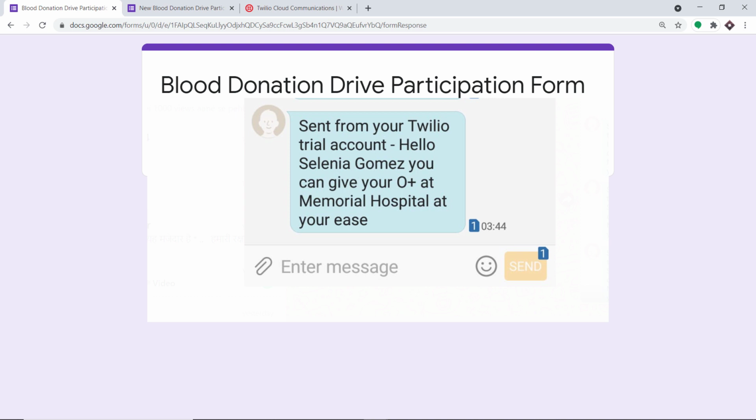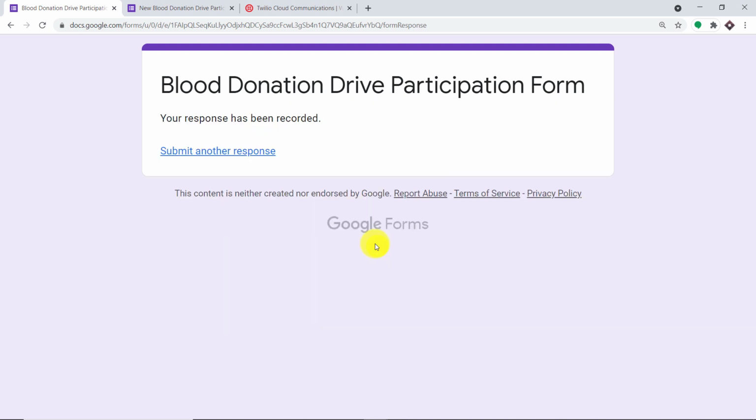So basically your obvious question is, how did I manage to integrate Google Forms and SMS sending apps like Twilio? So basically, I have used an integration and automation software called Pabbly Connect that will integrate Google Forms and SMS sending apps like Twilio. Now, the best part of using Pabbly Connect is there is no need for coding skills or programming knowledge. Let me just show you the process.